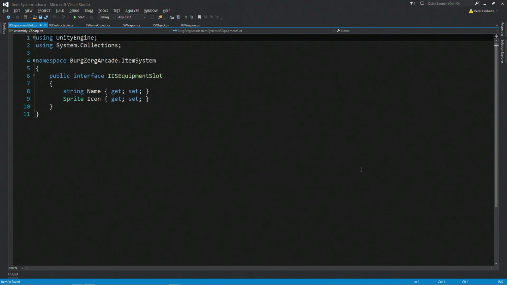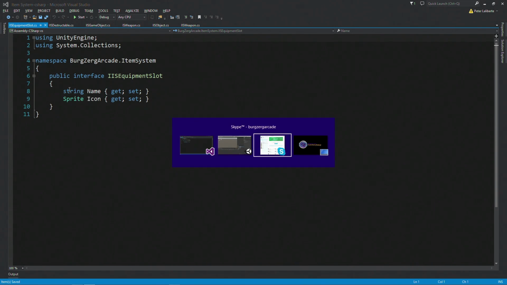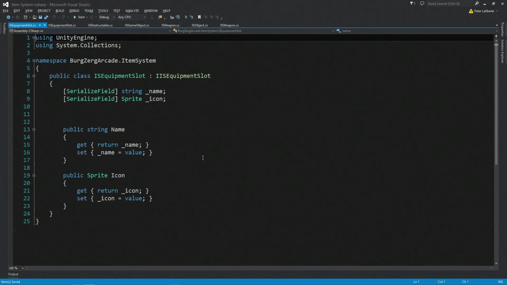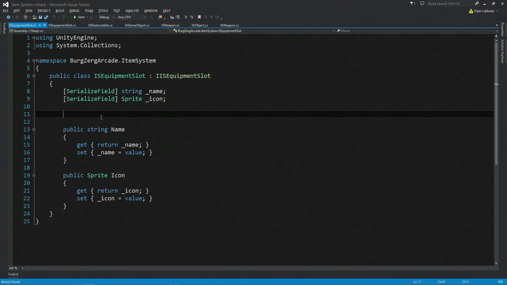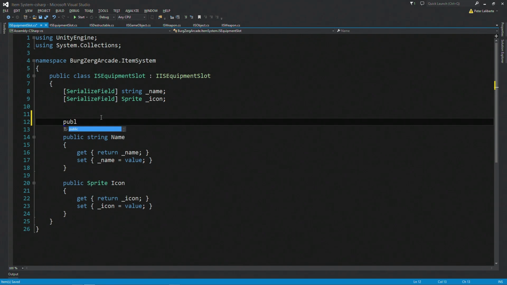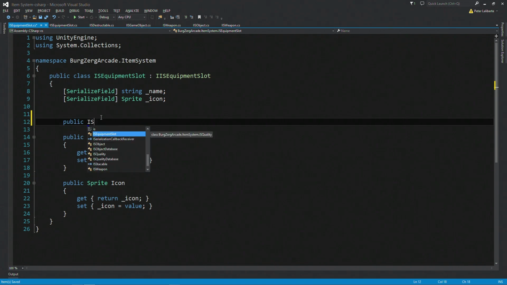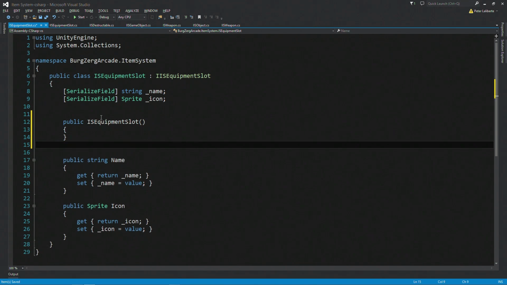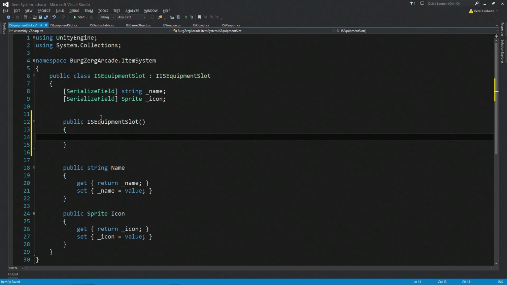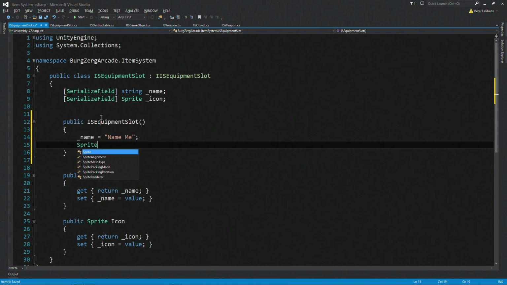Equipment slot. And I'm looking at interfaces. So I'm going to go ahead and create a default here. So public IEquipmentSlot. And what do we want to have these as? Well, I'm going to start off with the name equaling "name me", and a sprite. Oops, sorry, icon